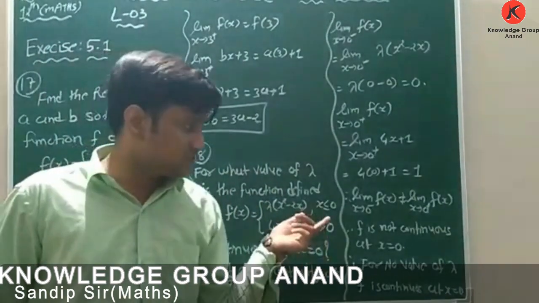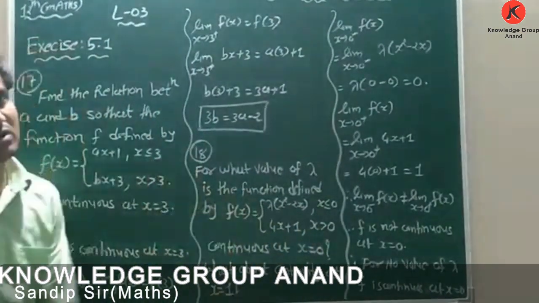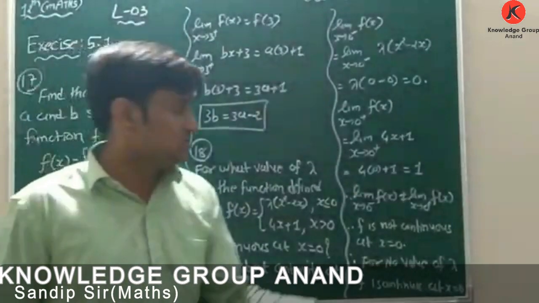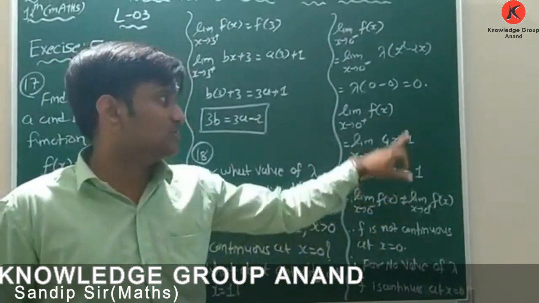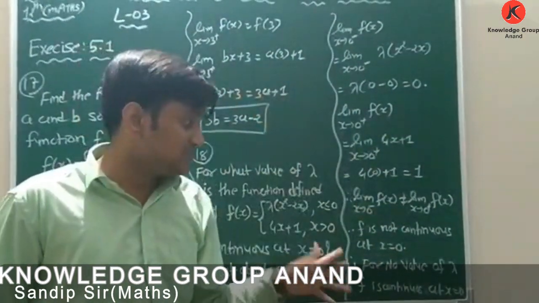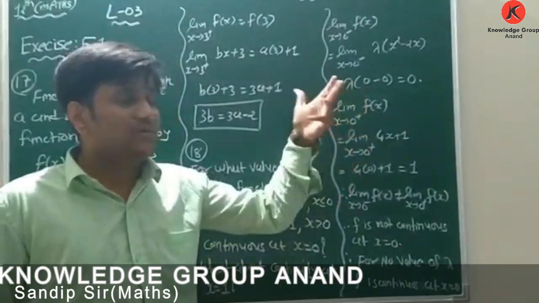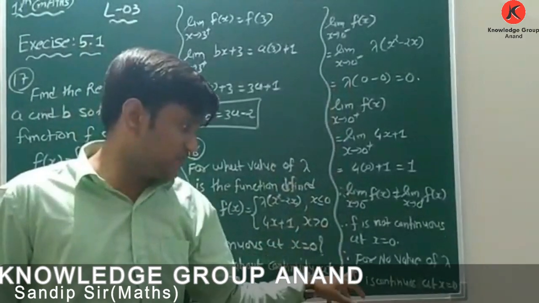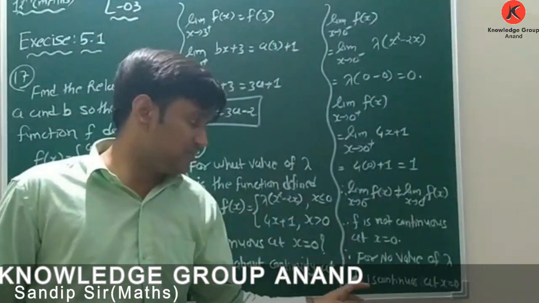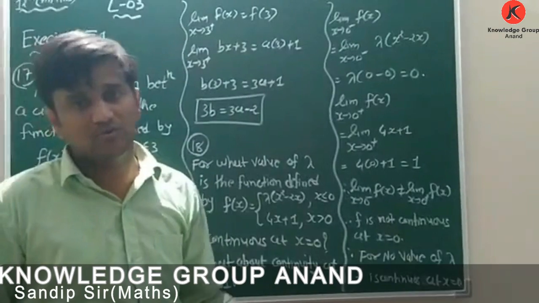So limit x tends to 0 minus f of x is not equal to limit x tends to 0 plus f of x, that means 1 and 0. So f is not continuous at x is equal to 0. So no value of lambda is possible, that means for no value of lambda f is continuous at x is equal to 0. Okay,